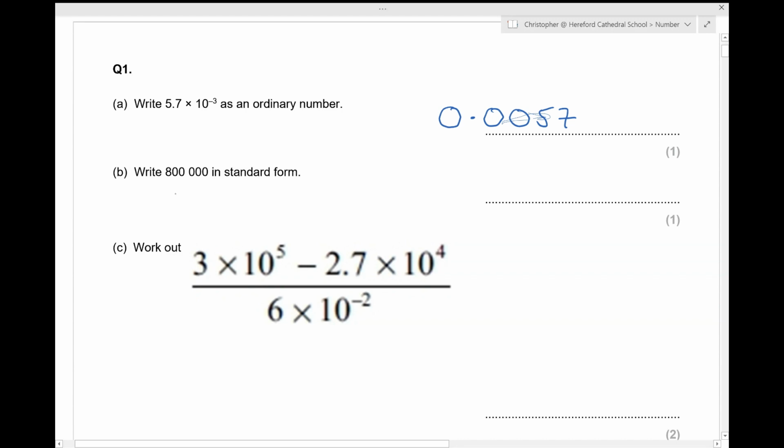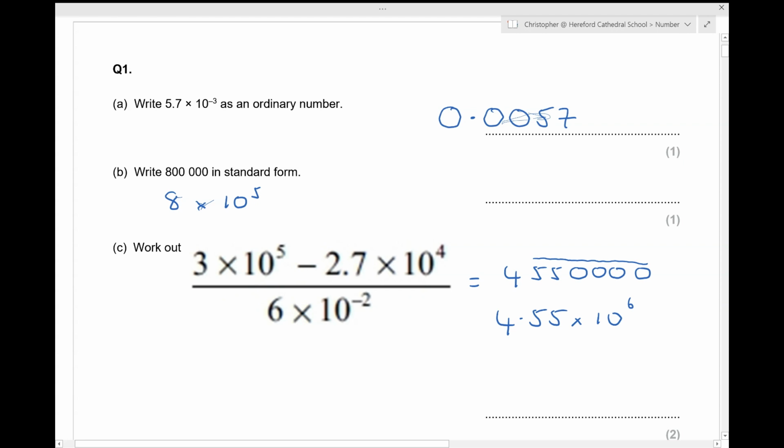800,000 in standard form. Well, it's an 8 with 1, 2, 3, 4, 5 zeros. So it's 8 times 10 to the 5. Right, part C, if you put this expression into your calculator using your fraction button, you'll get the answer 455 with 4 zeros. Now, even though it doesn't say give your answer in standard form, if you wanted to, it would be 4.55 times 10 to the power of 1, 2, 3, 4, 5, 6,